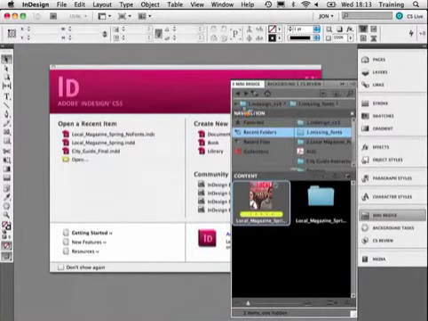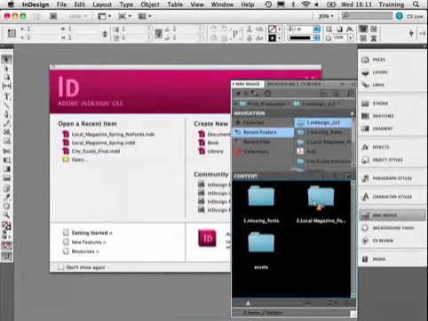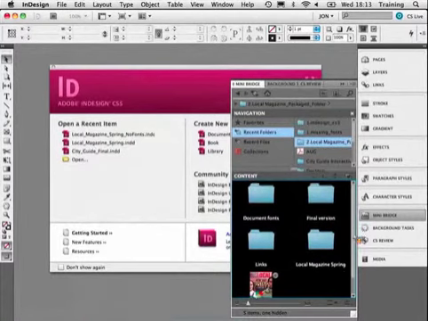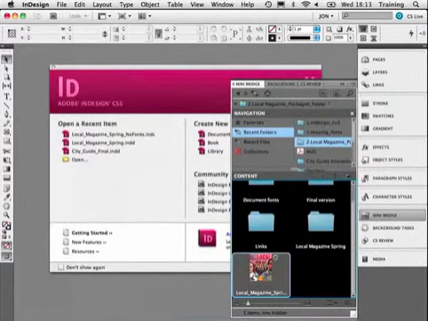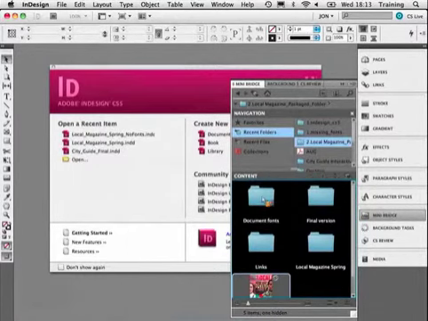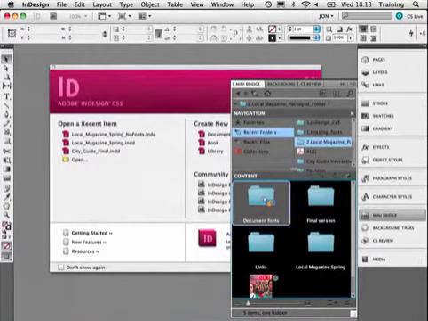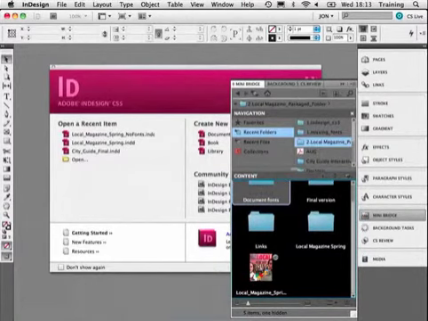Now, if I just go backwards and go into the next document, the difference with this one is that it was packaged beforehand. Somebody who gave me this ran the Package command in InDesign CS5, and what it actually does is create a Document fonts folder for you. The difference here is that earlier versions created a Fonts folder, but with CS5 it uses the Document fonts folder to exclusively load those particular fonts into the document. So now if I double-click,